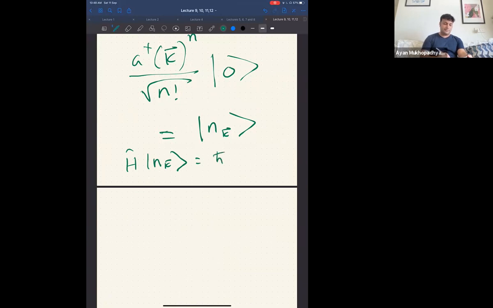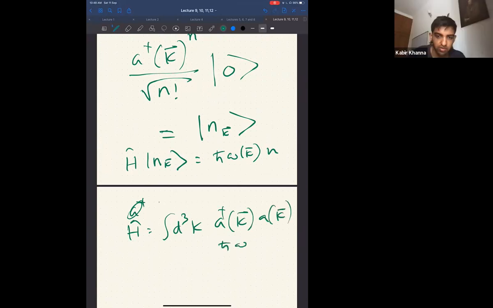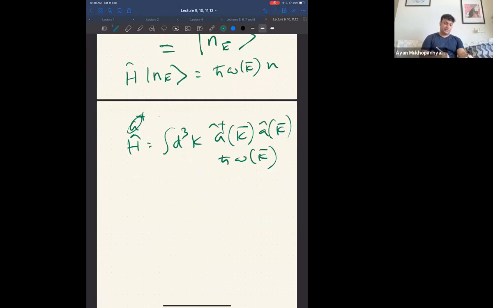It should be simply h bar omega_k times n. The reason for that is, let me write down, H is equal to the integral d cubed k, a dagger k a k, times h bar omega k. So if I act with this operator H on a dagger k naught to the power n